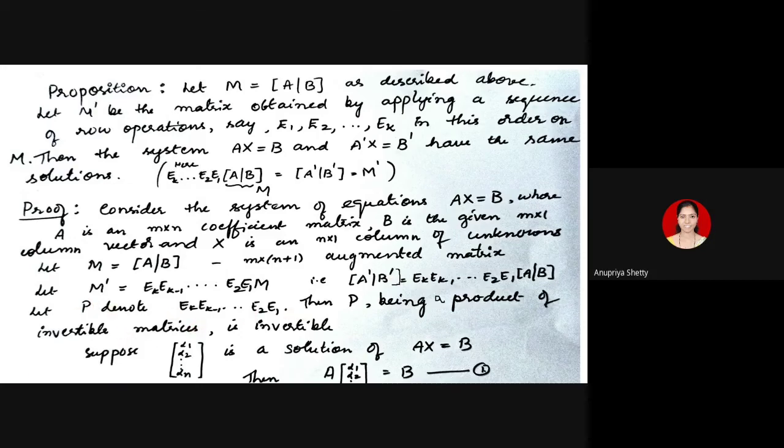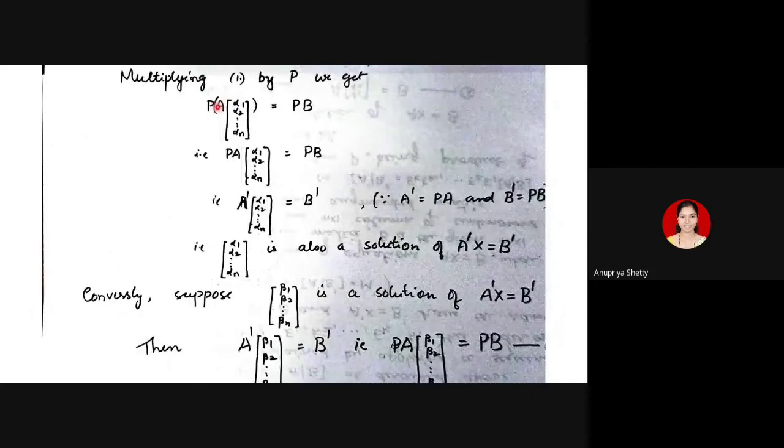And now we have multiplied on the left of A by P and the left of B by P. So this product P into B is nothing but ek into ek minus 1, etc. e2, e1 into B. And here it is ek minus 1, etc. e2, e1 into A. And that product is A dash, and this product RHS is B dash. What does that tell us? That says the column which has alpha 1, alpha 2, etc. alpha n, that is also acting as the solution of A dash x equal to B dash. Correct? A dash x equal to B dash.